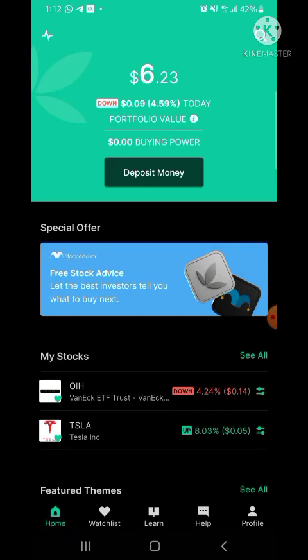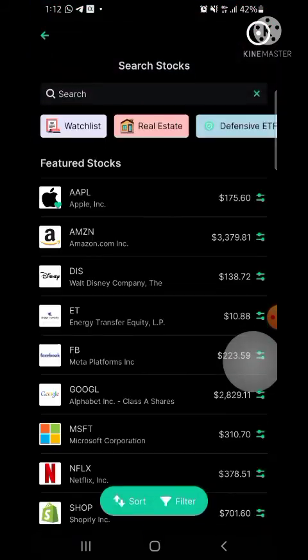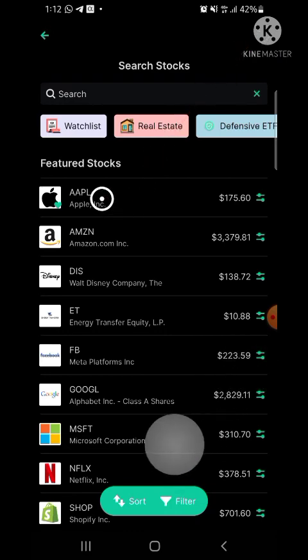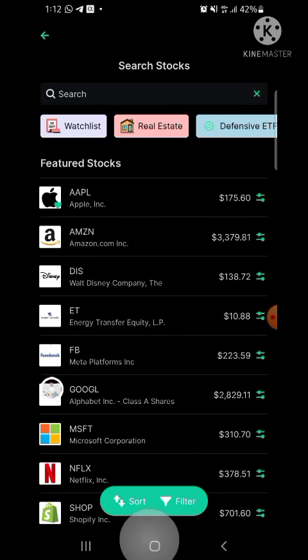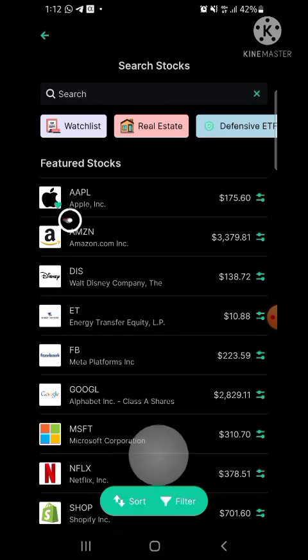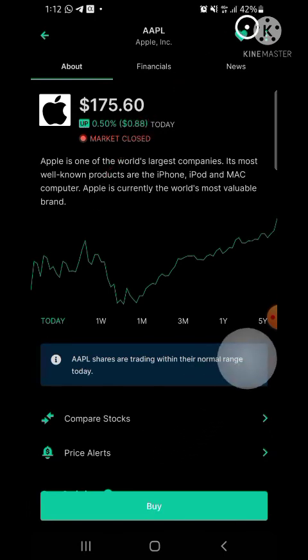So I've gone back to home. Let us remove Apple. So I go here. Let me show you another thing. You can see in this Apple logo, this small green love shape. It shows that it is in the watch list. Nothing is there when it's not in the watch list; you are not seeing any love logo. You are seeing this small love logo because it is in watch list. Once I click on it, if I remove it from watch list, if I click on this again,